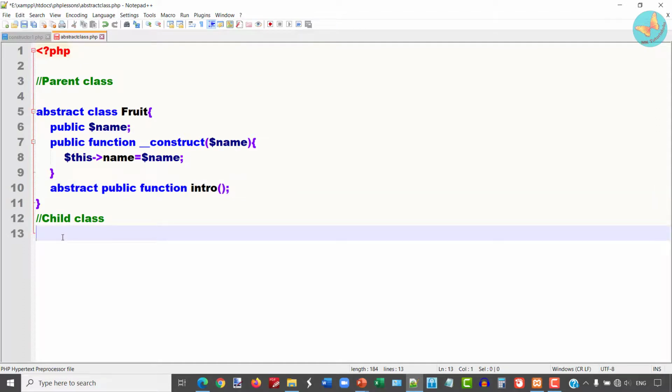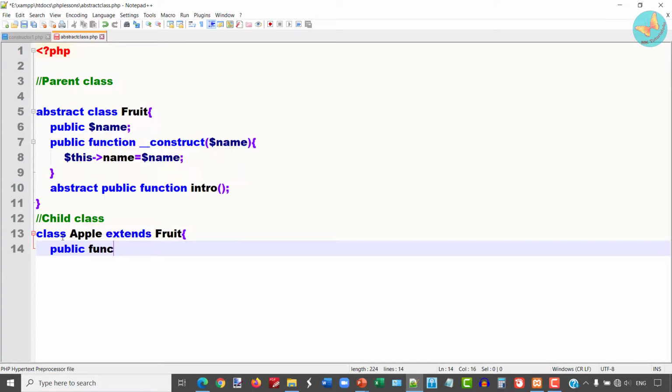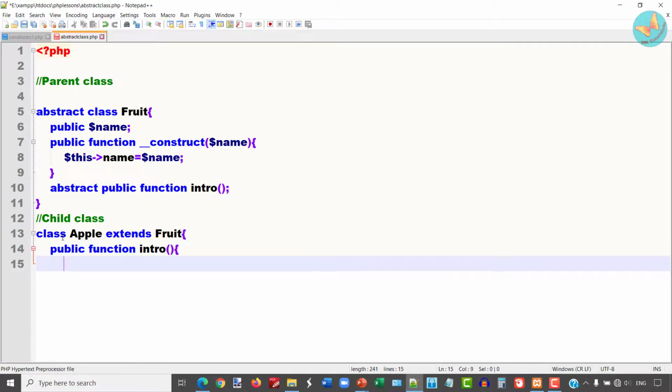Suppose I create one class called apple, which extends the fruit class, and within the body of this class I am going to declare the intro method body.